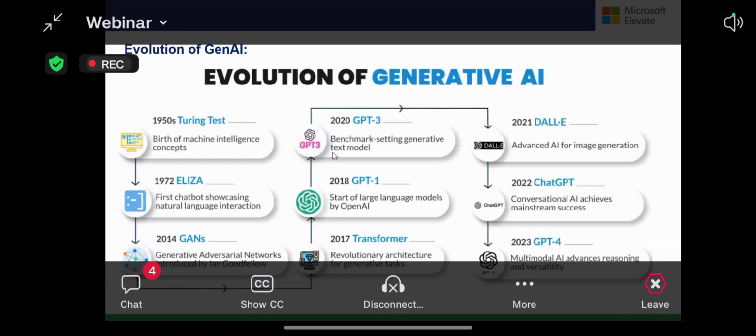Now this is the journey. It starts from 1950, and first it started from the Turing test. Now what is it? In that test we ask questions to the machine.